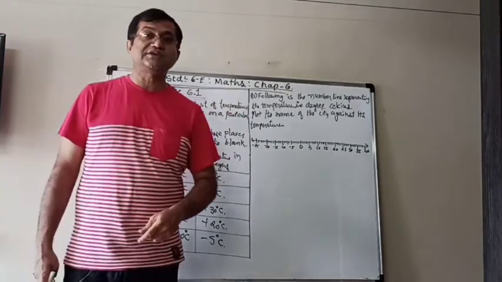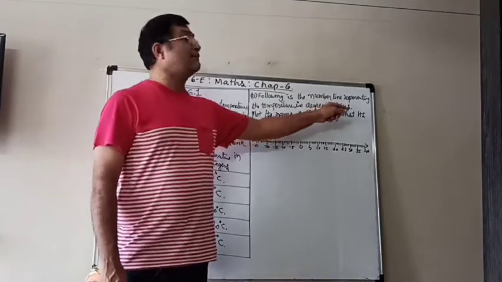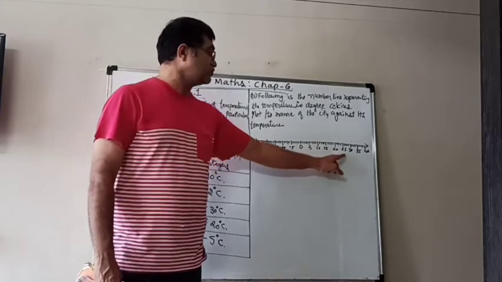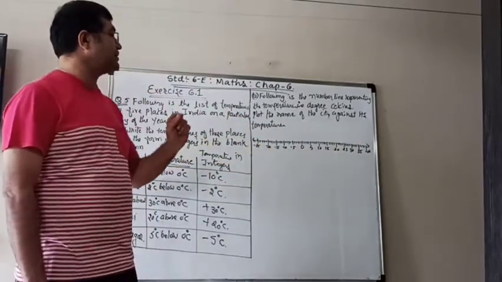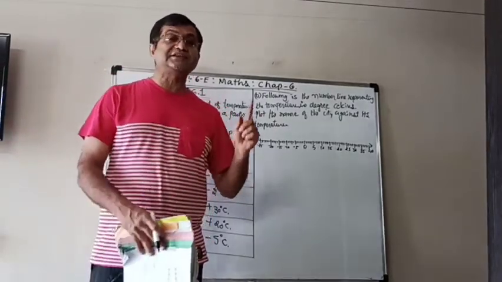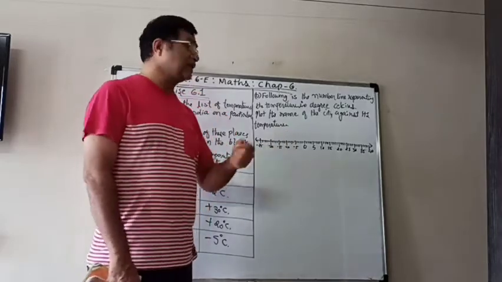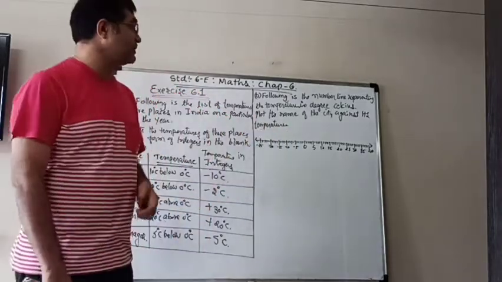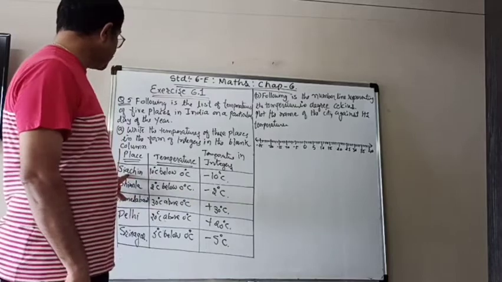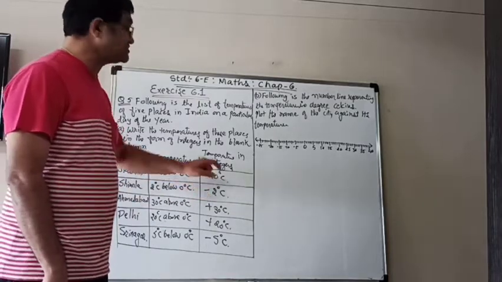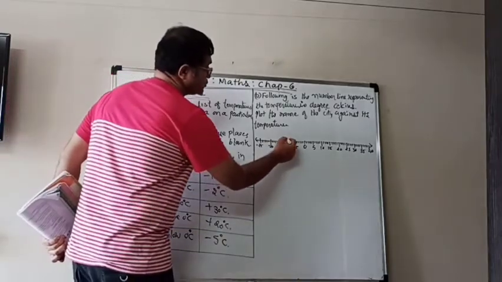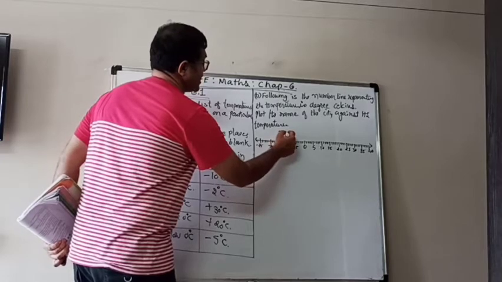Now the second question from it is that following is the number line. Here a number line is given, from 0, 5, 10, 15, 20 up to 40, and this side up to minus 25. Now what we have to do? We have to represent the temperature against the names of the cities, the names of the places. So we will take one by one. Look here. First is Siachen. Siachen is at minus 10 degrees Celsius. So where is minus 10 degree? You can see that is the minus 10. So here we will write down Siachen.